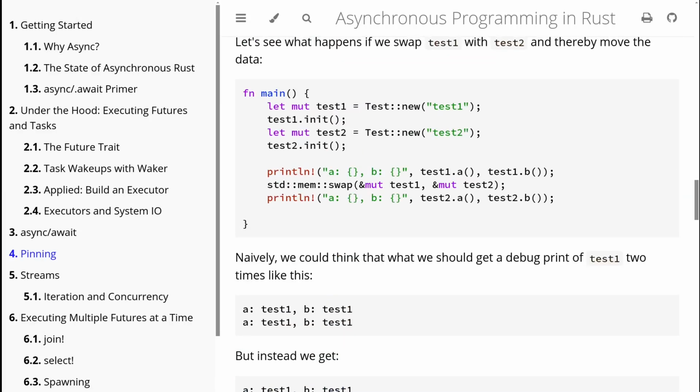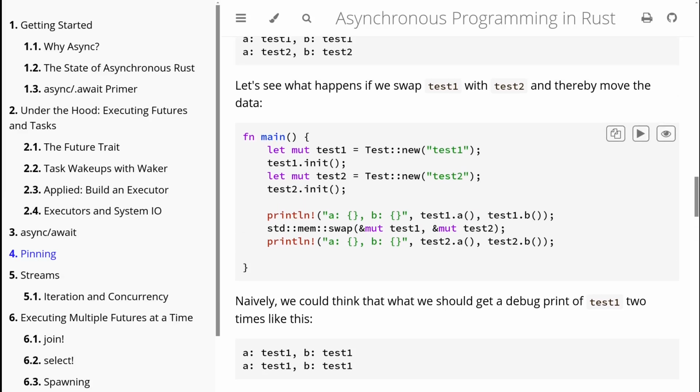I guess it's just I don't understand how swap works. Like if you swap two, oh, is it like copy? Like instead of just changing the reference of test1 and test2, you actually kind of copy the memory of test2 to the memory location of test1, and then you copy test1 to test2. But that still won't be correct though, because